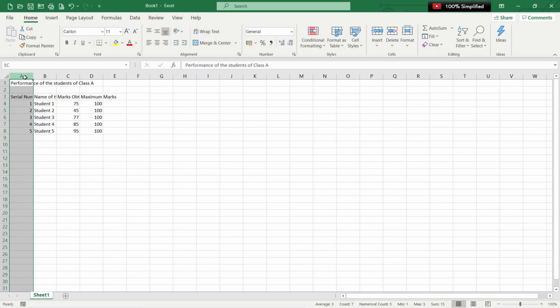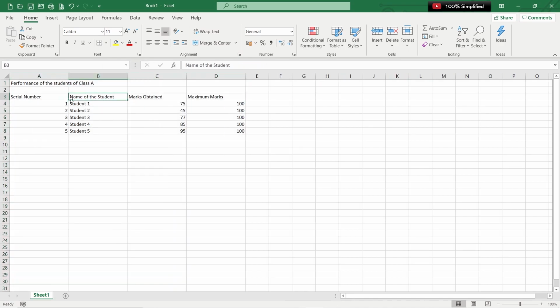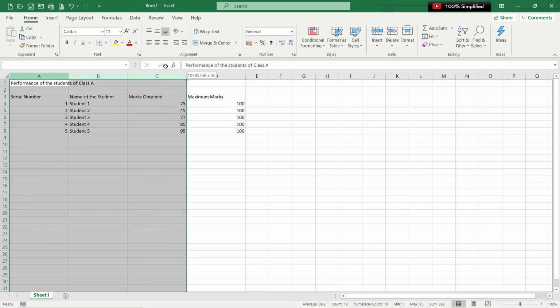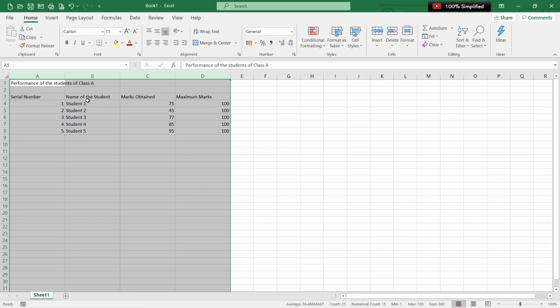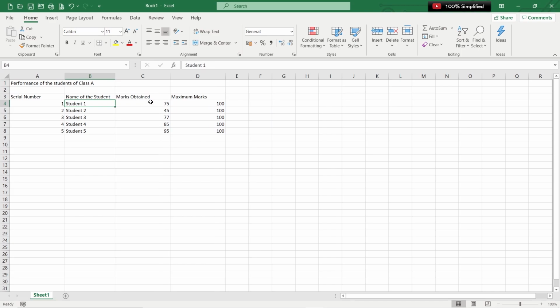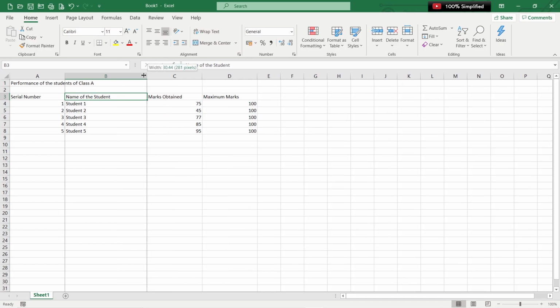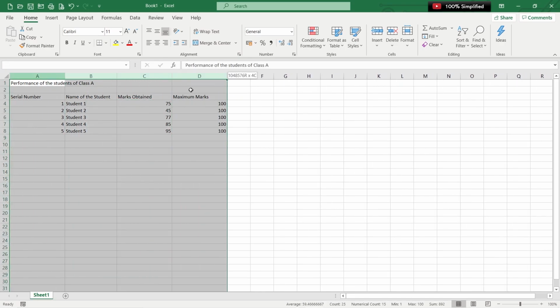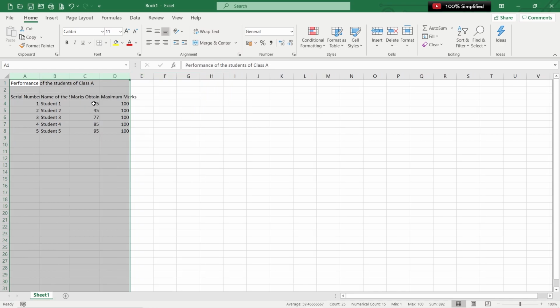So let's try to click on 4 columns. Just click on these 4 columns together with your mouse, and you can increase the size of these columns by just one click. So as you can see, I have simply clicked on 4 columns and I can just increase their size, decrease their size all together. Similarly, you can do it with one column as well. You can increase and decrease the width of this particular cell by increasing or decreasing the width of that column. Now let me just go back to the previous way it was looking. So this is how our data was looking.